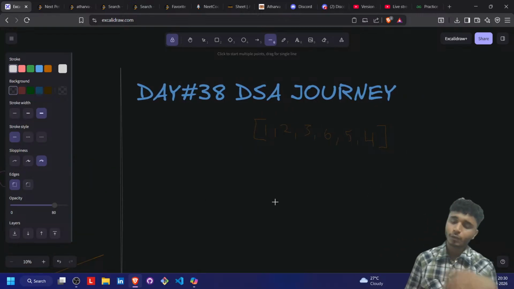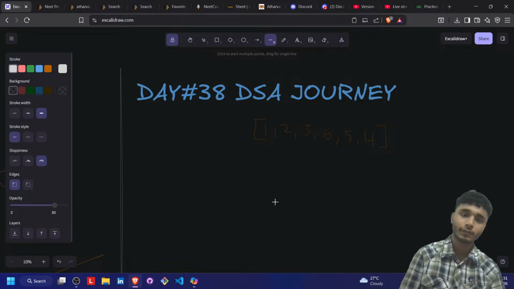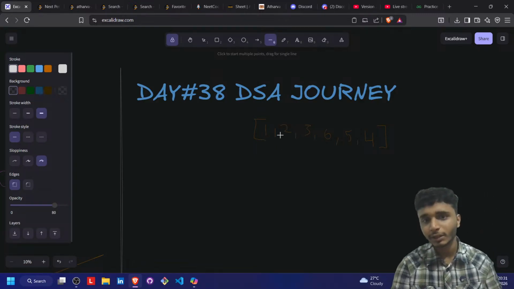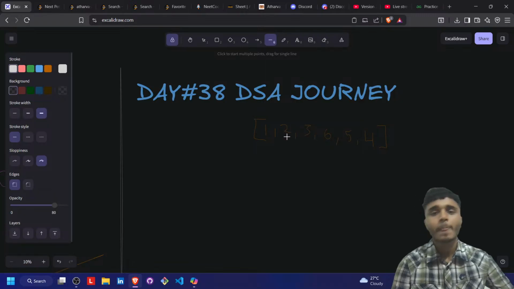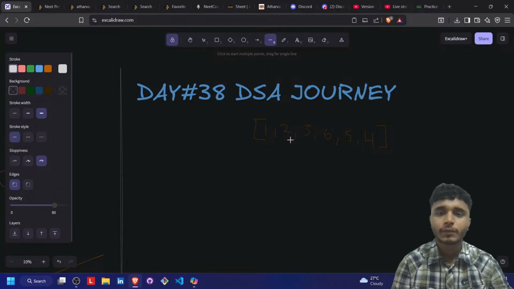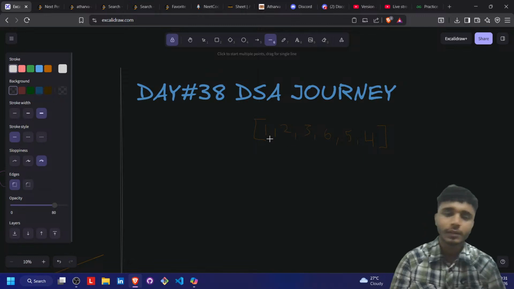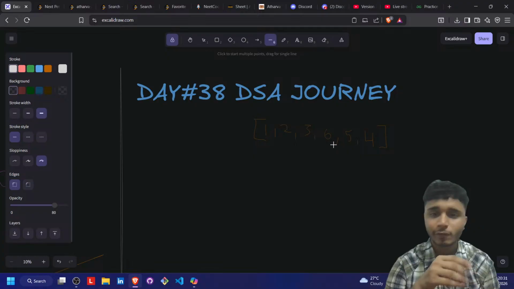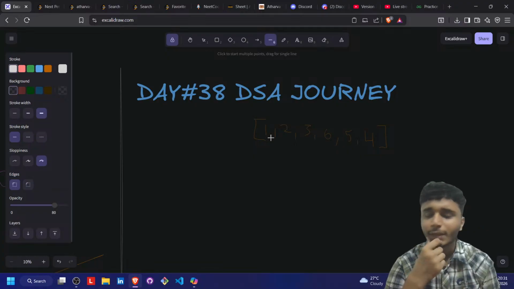So how we are applying the code and how we are finding the next permutation will be like in this case. You can see these values are sorted in ascending order. So if all the values are in ascending order, then it will be the